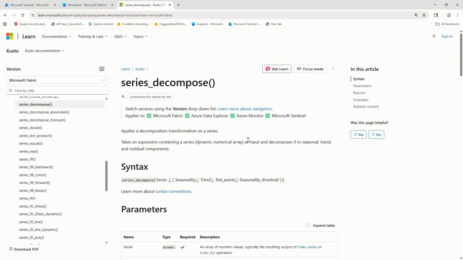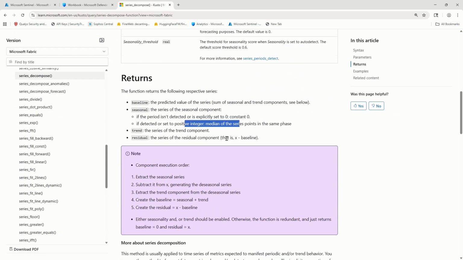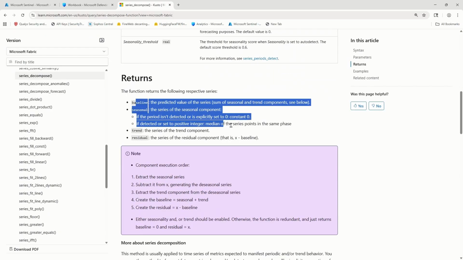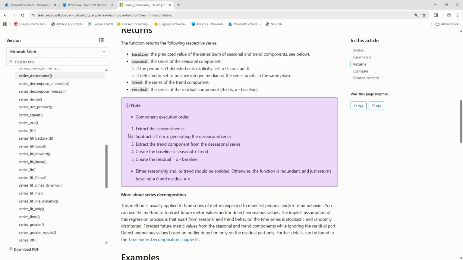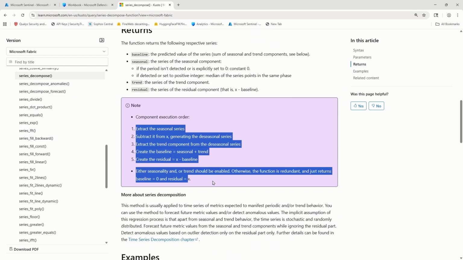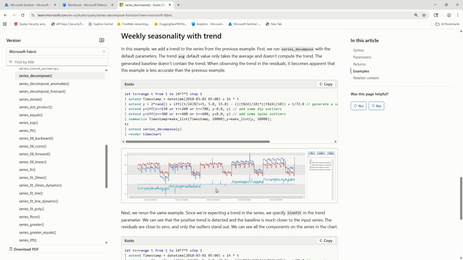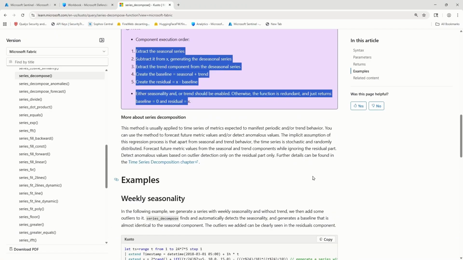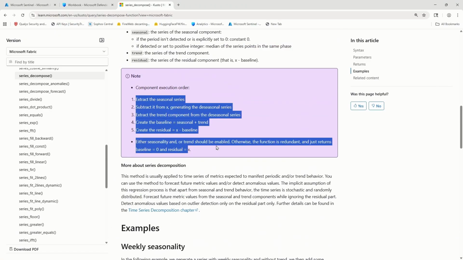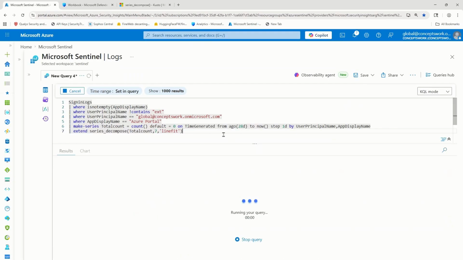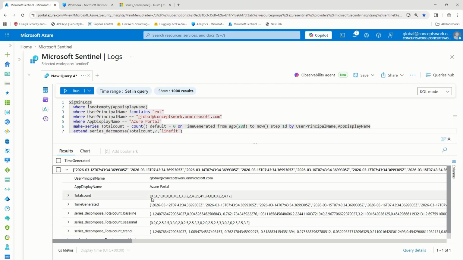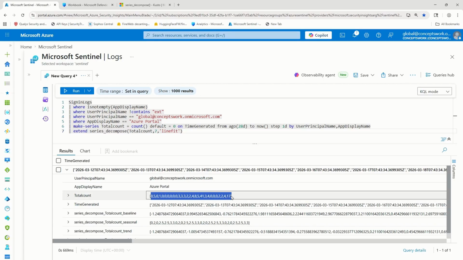So this is the documentation of series decompose. And here you see it tells us that this function will basically return these values. And then there is some information mentioned over here in terms of calculation. However, the information is not apt in terms of understanding how the end-to-end workflow is happening. So that's the reason why I have created this notebook, just to make you understand and match the values as they are. Okay, so now I'll just run this query again and I will take my latest outcome,